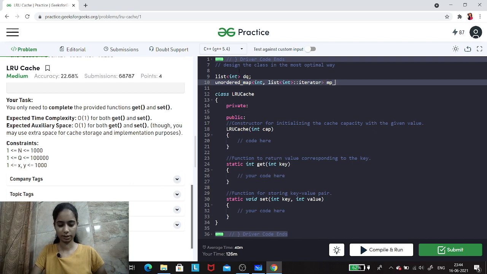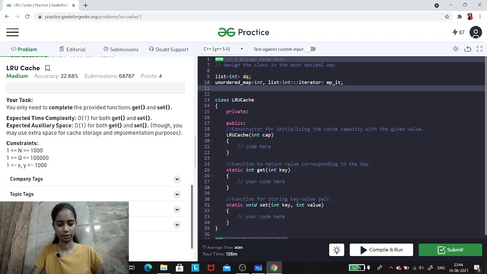So let's call it map of iterators. Then again I'll create an unordered map where my key would be the integer and corresponding to it I'll be storing the value for it. So let's call it mp.val.